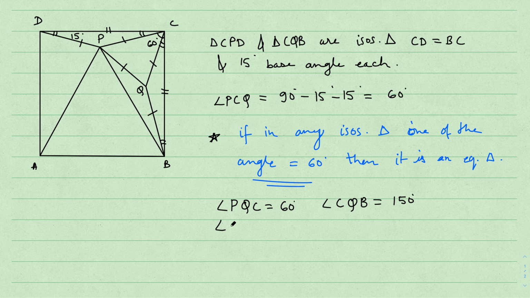Therefore angle PQB will be equal to 150 degrees. 150 plus 150 is 300, plus 60 is 360. Angle around Q is 360,